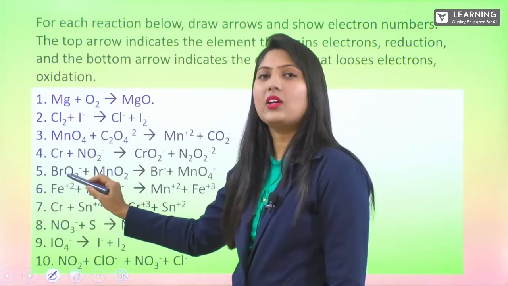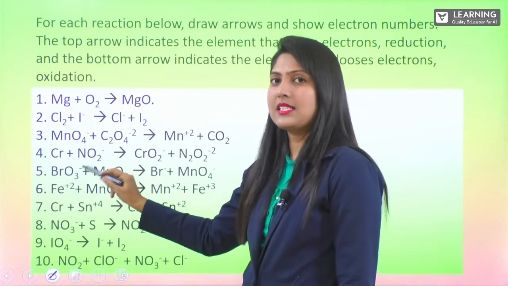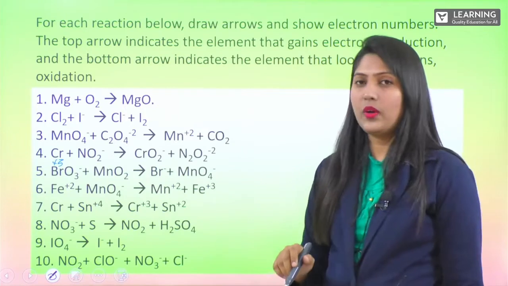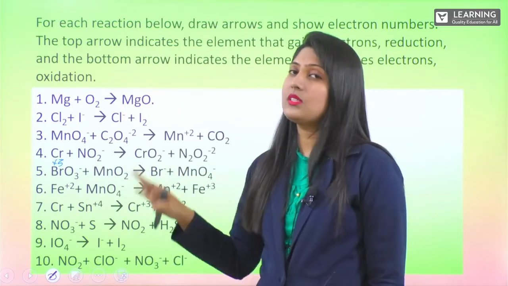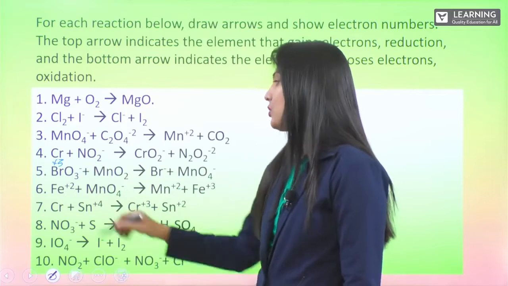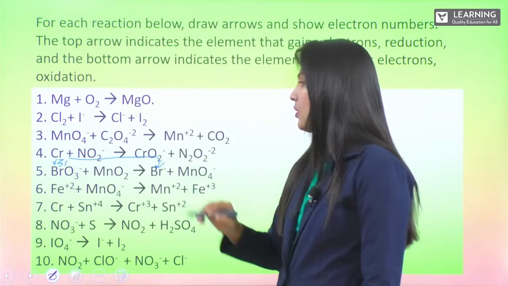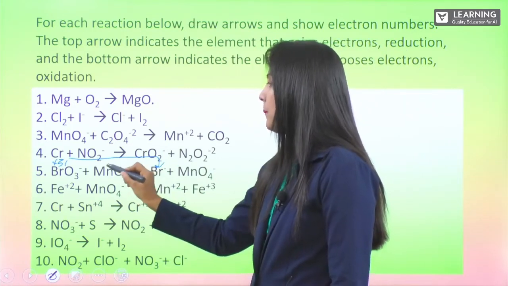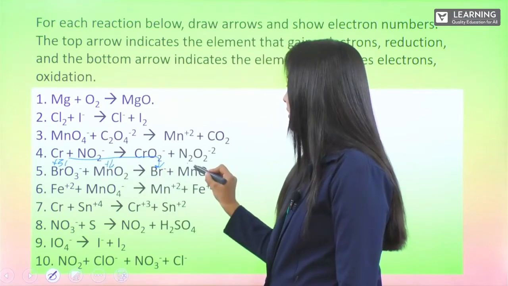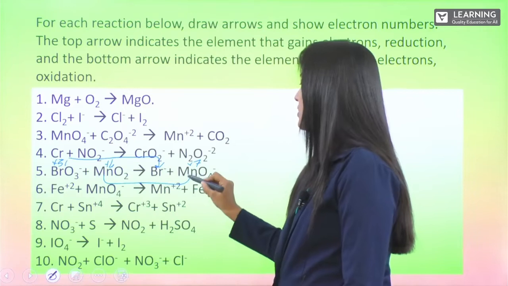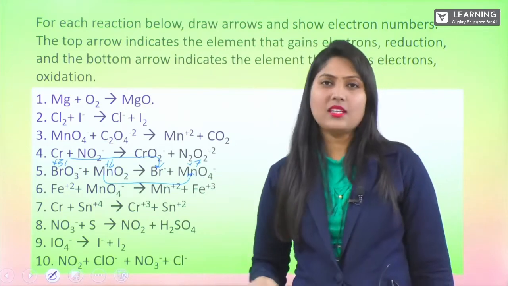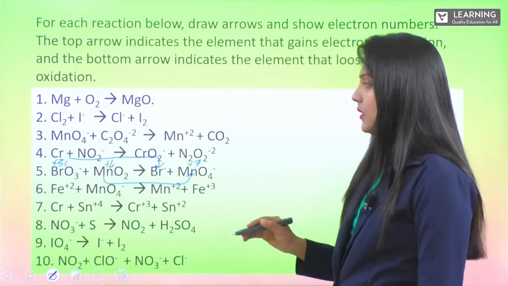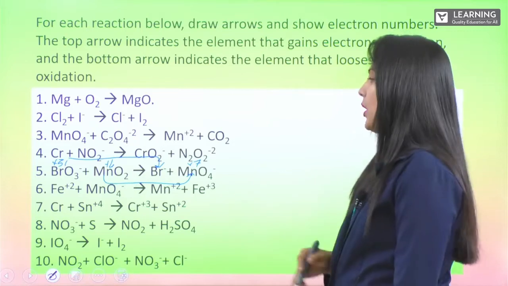Next one is bromine, where we can see here bromine is minus 1. Here you can calculate directly: 3 2s are 6, 6 minus 1, 5. So it will be plus 5. Plus 5 to minus 1. So is it gaining the electron or losing the electron? It is gaining electron. So gain of electron gives you what? Reduction. Mn, as we see, will be plus 4 here, and Mn here will be plus 7. So it is an increase in oxidation number, which is loss of electrons. So here it is reduction, here it is oxidation. Bromine is undergoing reduction. Mn is undergoing oxidation.